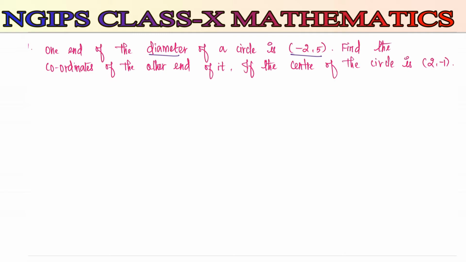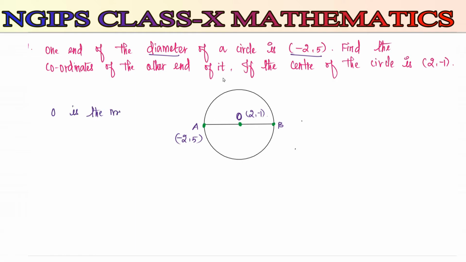Now I am going to draw the circle here. Okay, I have drawn the circle now. I am going to plot the points. See here, one end they have given is (-2, 5). First I am going to take the diameter as AB, the line which passes through the center of the circle. So the center I can consider as O. In this condition they have given the first point (-2, 5), which is A, and the other end we need to find. They have given the center of the circle as (2, -1). So we know very well O is the center of the line AB. We can say O is the midpoint of AB.